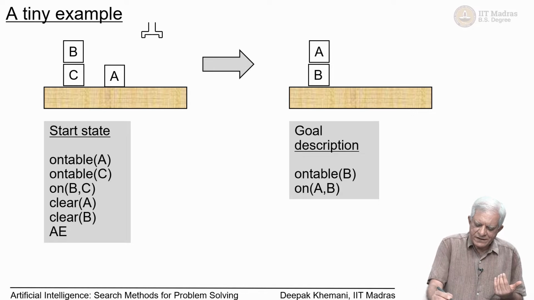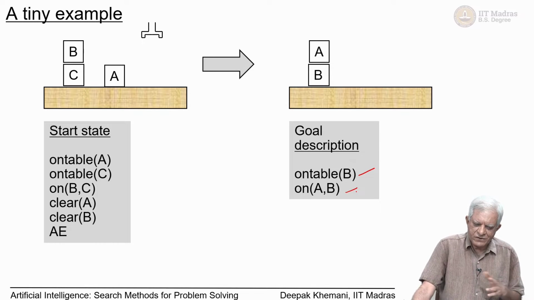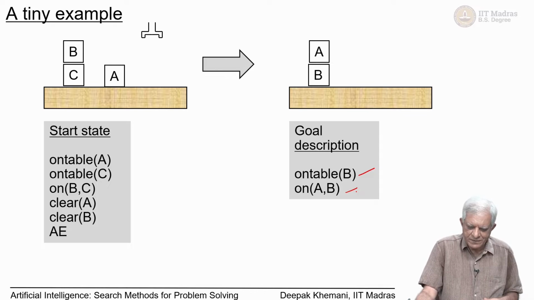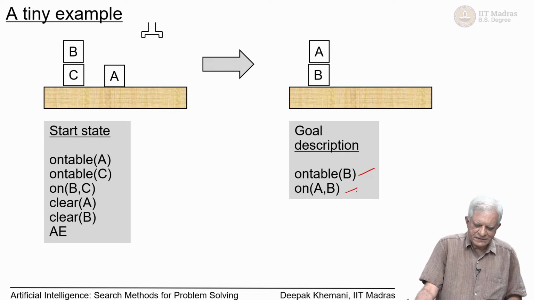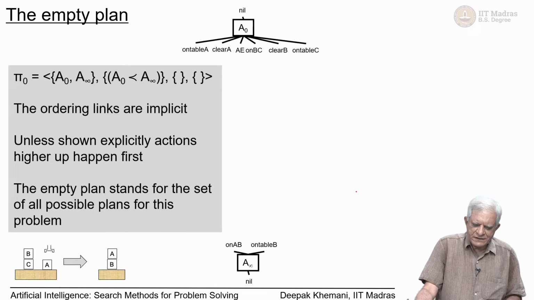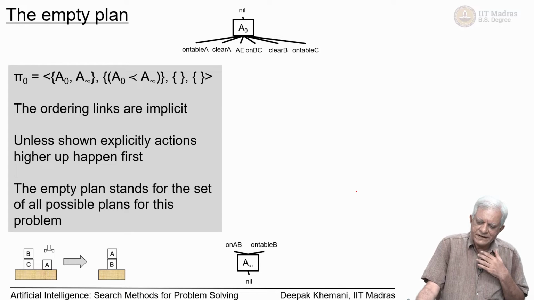One is that B must be on table, and the other is that A must be on B. We do not care where C is. I mean, C could very well be on top of A also. So, let us see how partial order planning or plan space planning tackles this problem. The initial state, the initial plan pi 0,